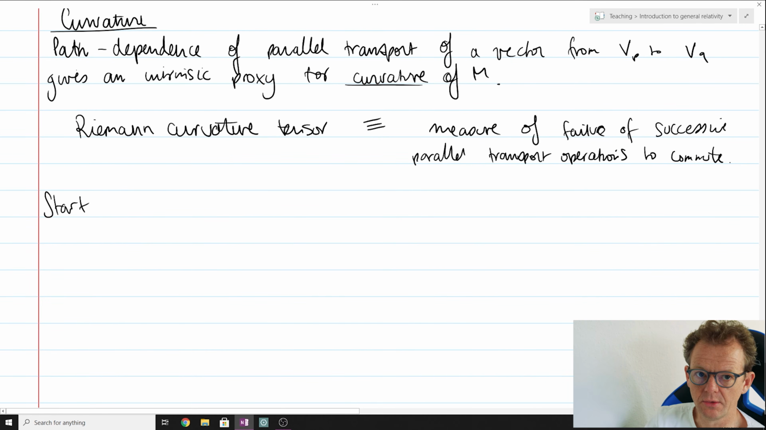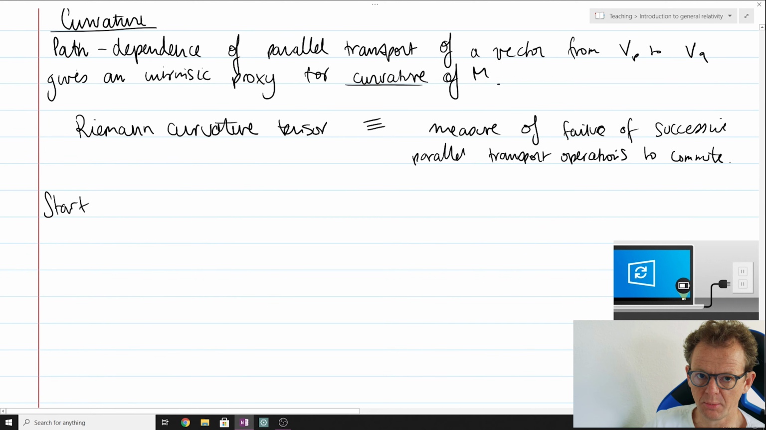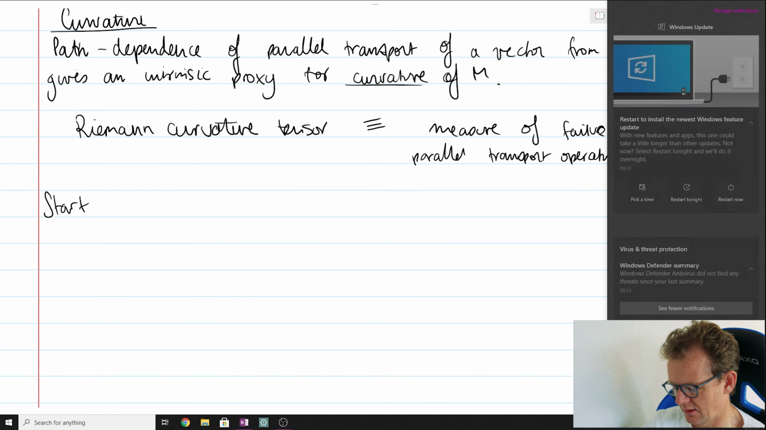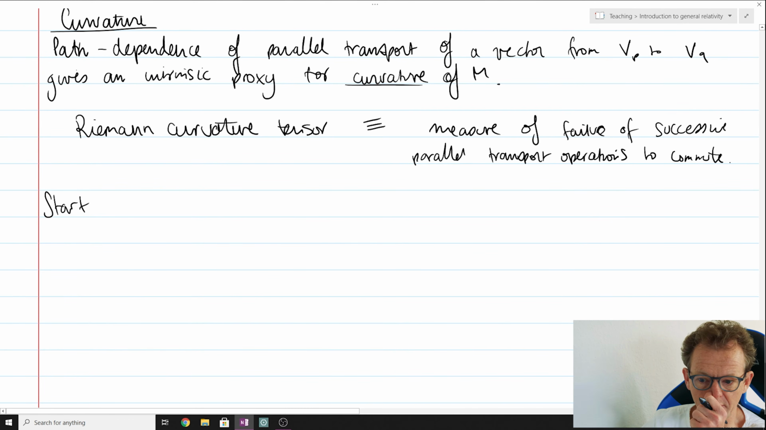I'm going to do this derivation one time with derivative operators, and then I'm going to effectively do the derivation a second time with successive parallel transport operations. So that's the physical intuition that lies behind the Riemann curvature tensor. It's the failure of successive parallel transport operations to commute. The actual mathematical definition of the Riemann curvature tensor is in terms of derivative operators. The way to translate between these two definitions is to think of infinitesimal parallel transport operations as being in one-to-one correspondence with derivative operators. So